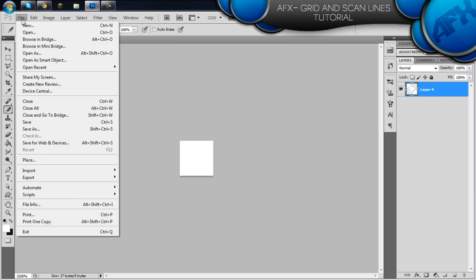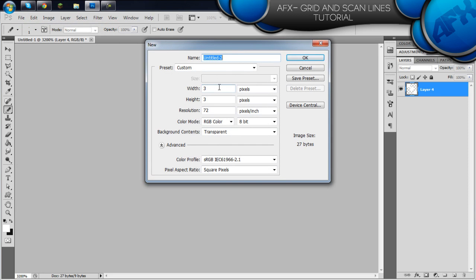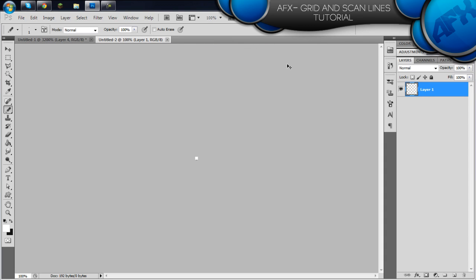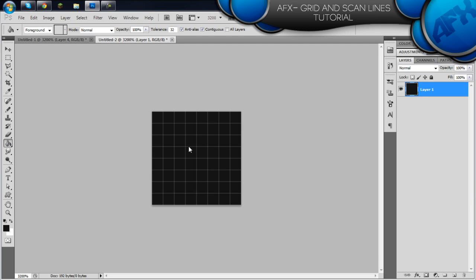Next we'll create a grid, so go to File, New, and go to Width, put it on 8, and height also on 8, and make sure the background contents is on transparent again, and click OK. And then you just want to zoom in on this, fill it in black,